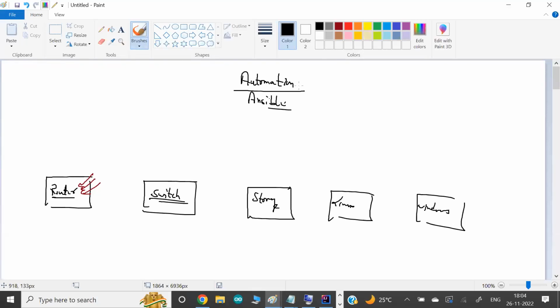Now, what can we do? Creating a folder in a router, creating a folder in a Linux system, and creating a folder in Windows might each need a different command. But what can you achieve with Ansible? Just write one single piece of code, run the same code against the router, the switch, Linux, the storage device, and Windows, and you don't have to worry, Ansible gets your job done.